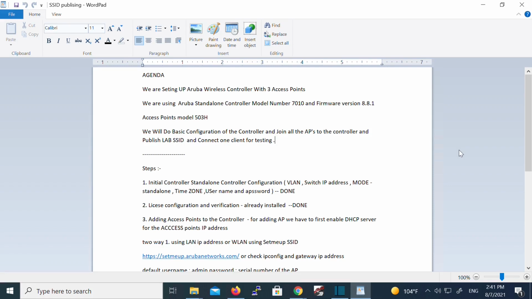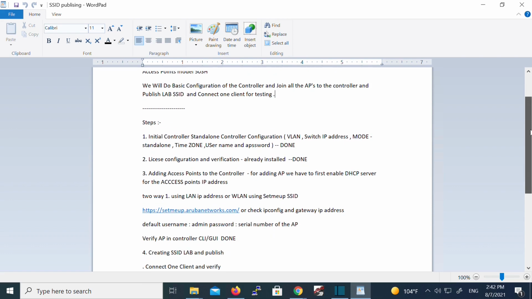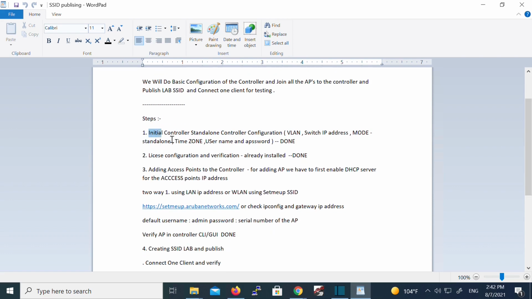360 channel. In this video, we are doing basic configuration of Aruba standalone wireless controller. We are using Aruba Wireless Controller 7010 model with the firmware version of 881 and access point Unified AP 503H. The main steps are: first we will do the initial configuration, VLAN, switch IP mode and time zone,